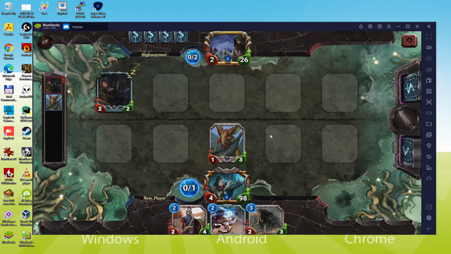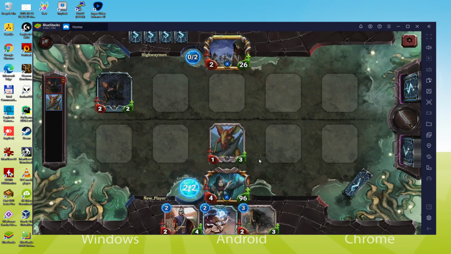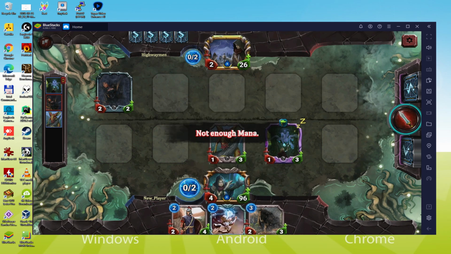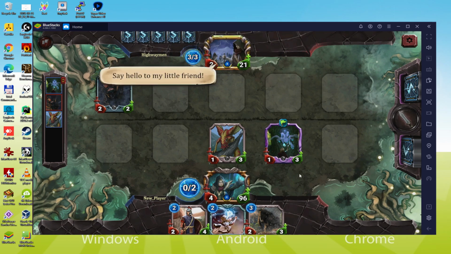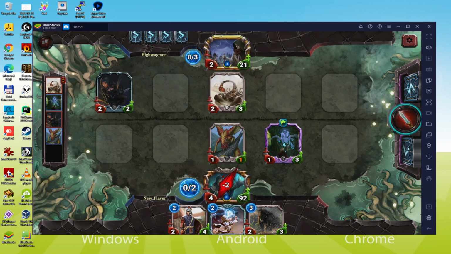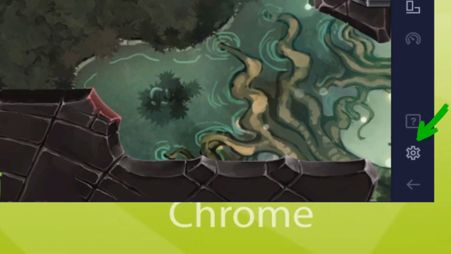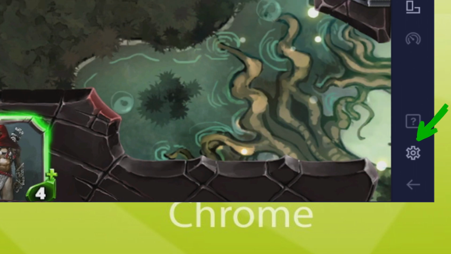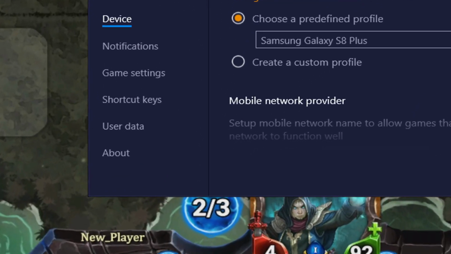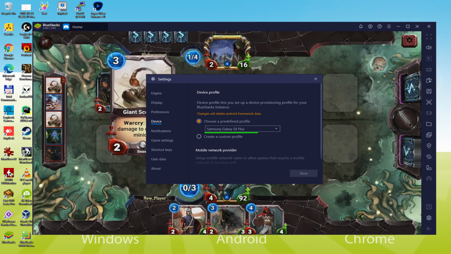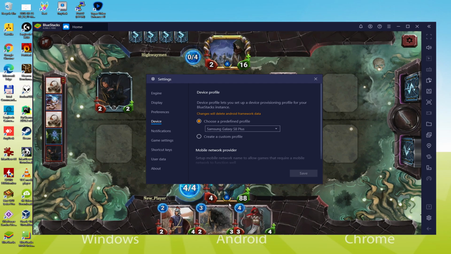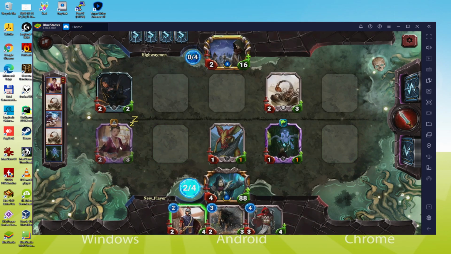Now, there's another detail that we need to take into account, and this is that we will get a message from Gmail reporting that a new device has been connected with this Google account. It will ask us if we are the ones who connected that device. Yes, we should not worry, because the emulator is emulating an Android device. And to discover which device is being emulated, we return here, to the cogwheel and we click on it. So we go here to the Model option. And there we notice that the emulator is simulating a Samsung cellphone. And so we are going to receive an email saying that a new Samsung device has been connected to our Google account. That's all folks, so much for the video tutorial.